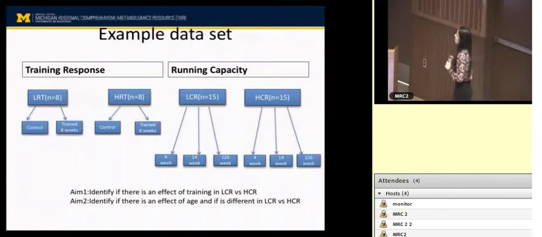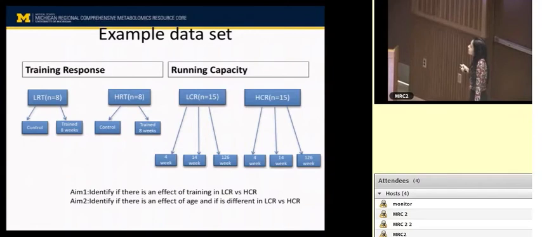Okay, so this is just to show one of the example data sets. I don't think this has been discussed so far. These are two different experiments over here, and they were submitted at the same time. So I'm just using this as an example report, and the LRT are low running capacity rats, and I guess HRT is the high running capacity rats, and they were trained for some